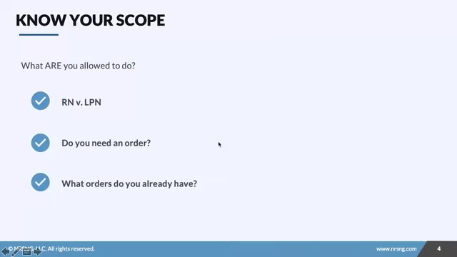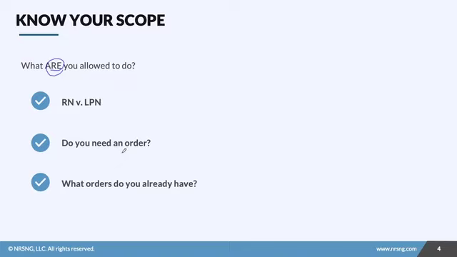It's also important as a nurse to think about what is your scope? What are you even allowed to do? As an RN or LPN, what does your state practice standards say? What can you do? What are you allowed to do in general? Now, what can you do without an order? What do you need an order for? And then think about, can I do this? Do I need an order for this or do I not need an order for this? If you don't need an order, you can implement it. If there's something that you do need an order for, then when you're calling the physician, make sure you have it laid out what it is that you need and what you want to have happen with this patient.